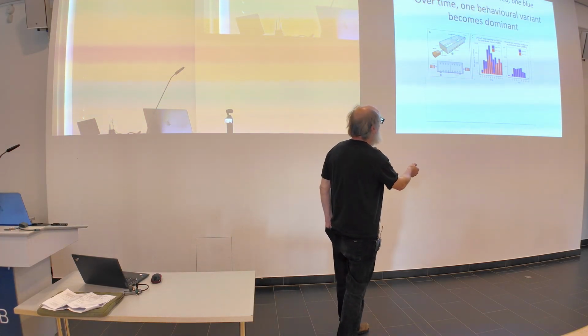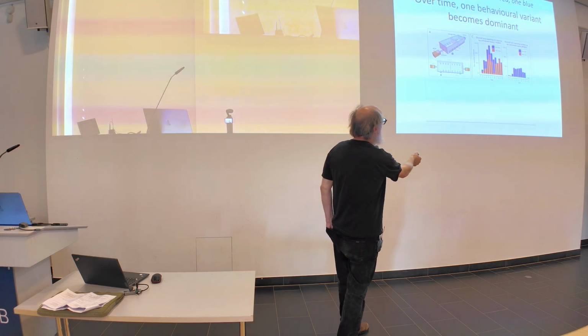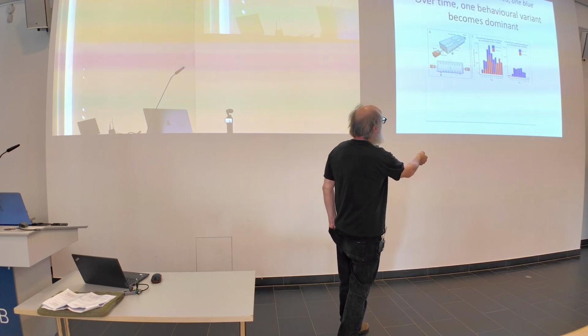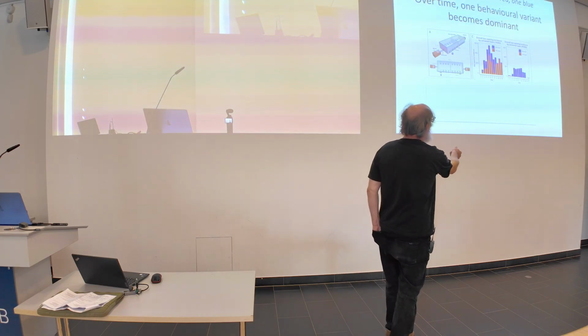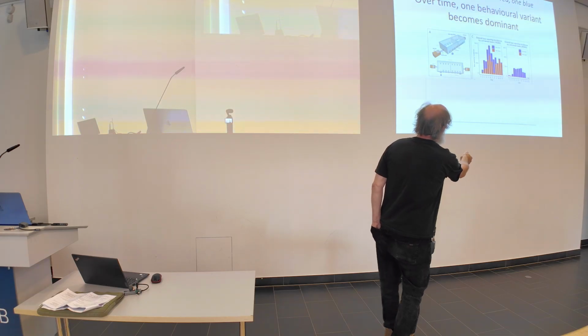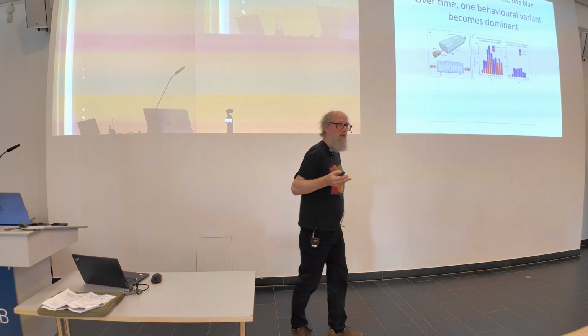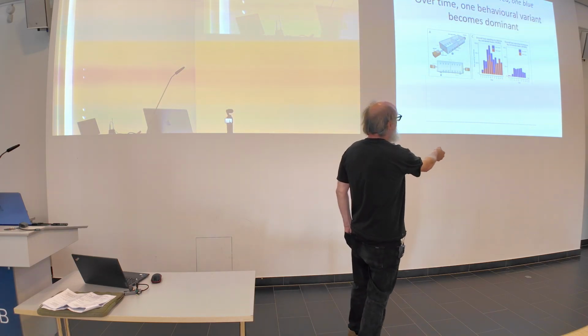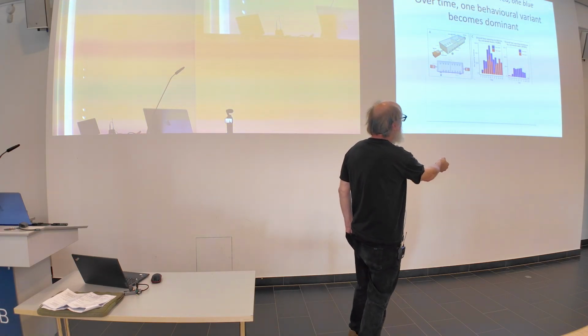So in this colony, for example, they start out on day 2 about equally pushing red and blue, and that equality is sort of retained over about a week. And then from about day 9, you can see that one of the 2 variants gradually dominates until basically everyone pushes red.